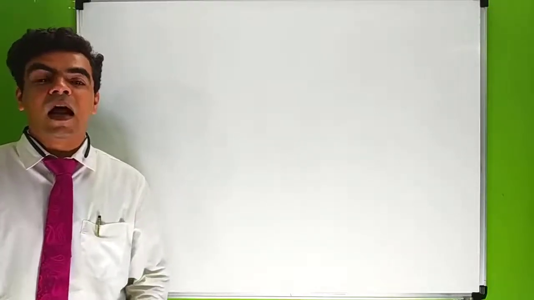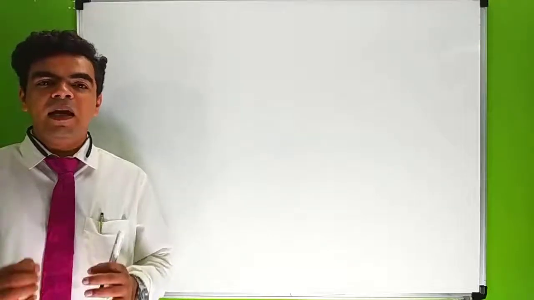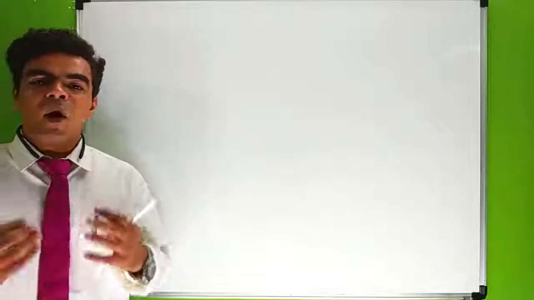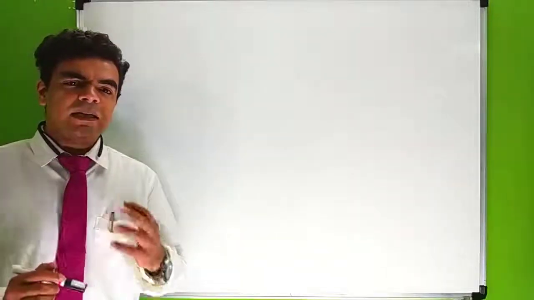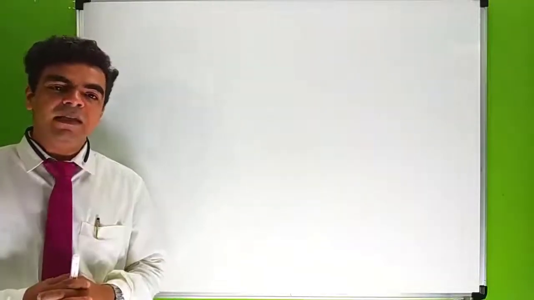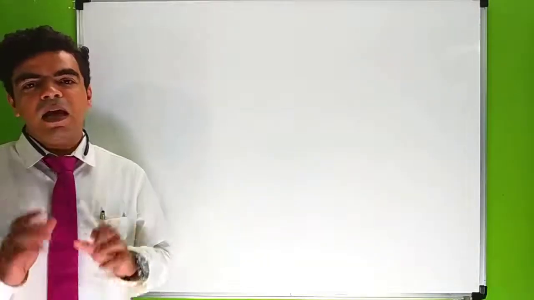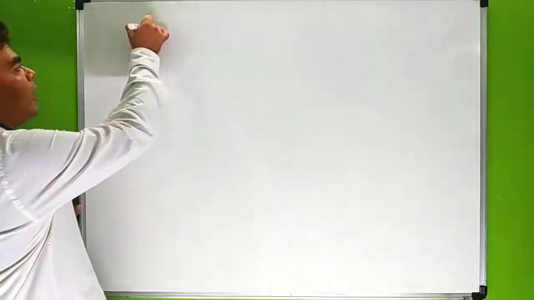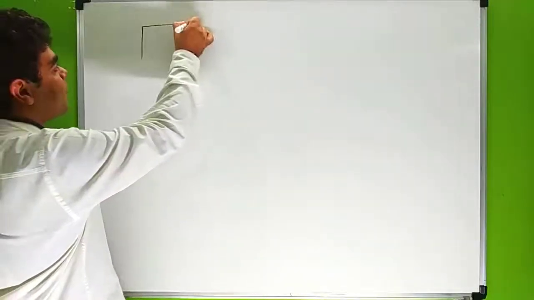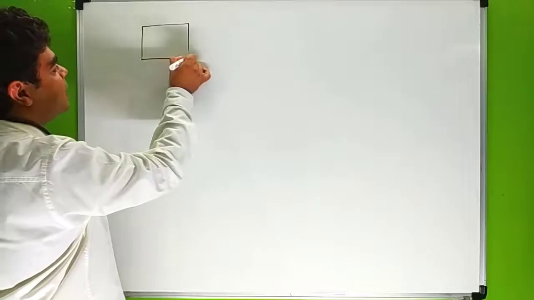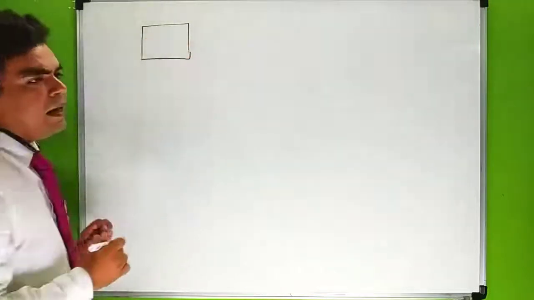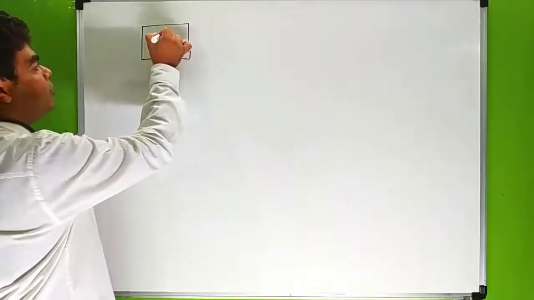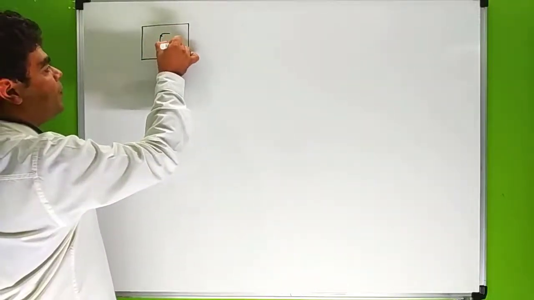In this lecture, I will be teaching you a very important concept in chemistry, and that is the concept of atomic weight. Basically, you must have seen periodic tables. In periodic tables, the elements are enclosed in square boxes. Their symbol is written. Let us take an atom. Suppose iron is there. So its symbol would be Fe.